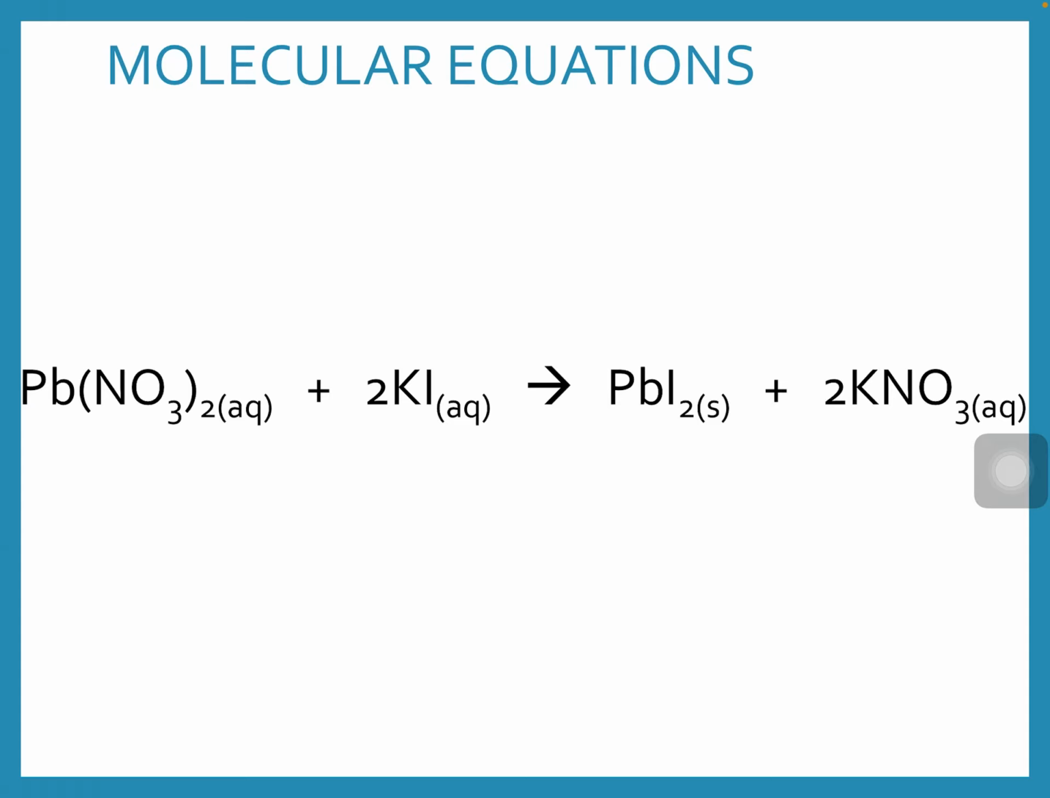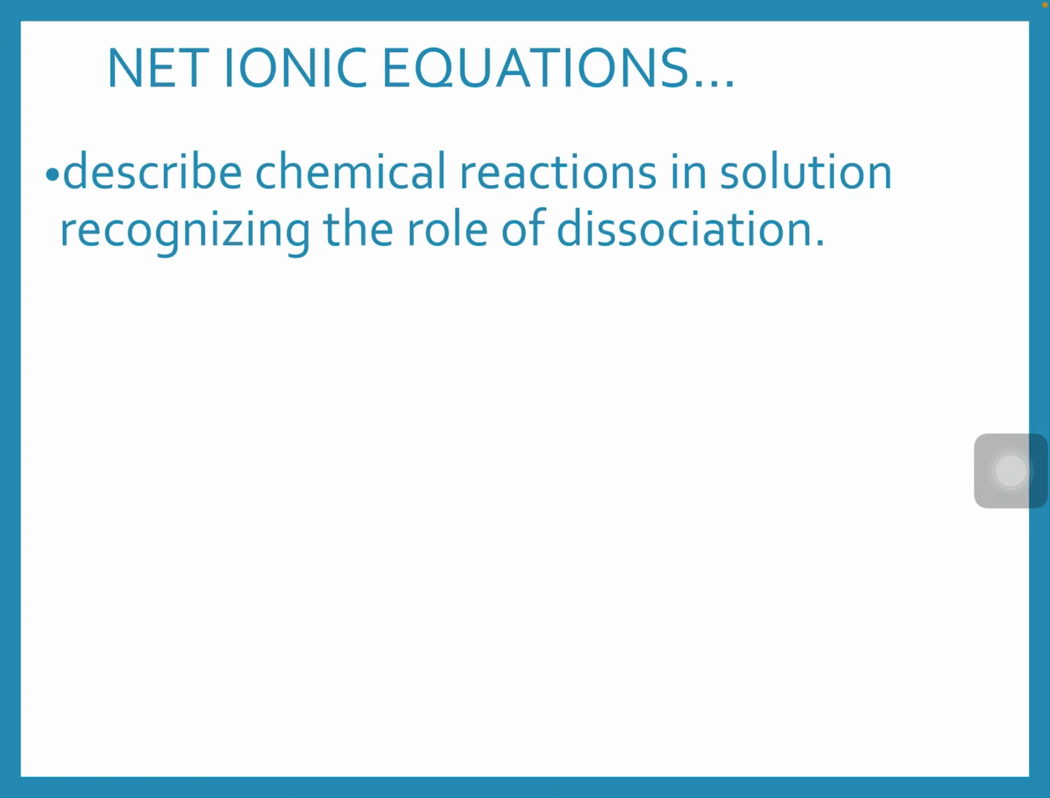So we're going to look at how we go from a molecular equation to a net ionic equation, which describes chemical reactions based on the role of dissociation, or gives us the overall reaction that is actually happening. And we'll see what that means in a moment. For that chemical reaction we just looked at between lead nitrate and potassium iodide, the net ionic equation there would be Pb2+ + 2I⁻ becoming PbI2. And this here is a solid,